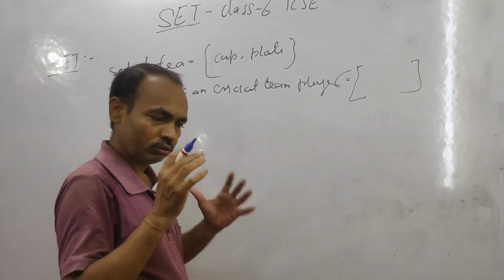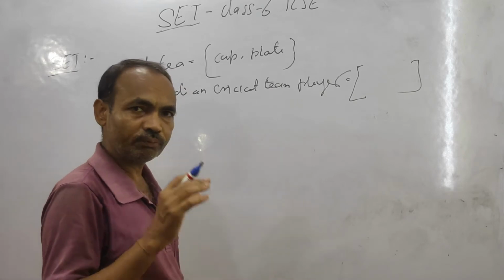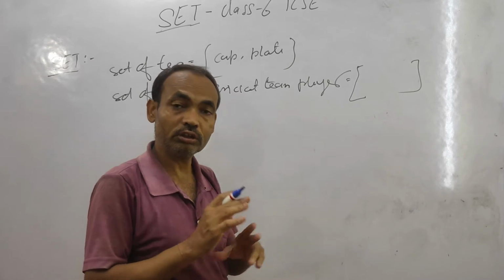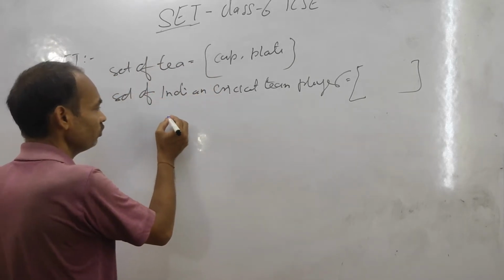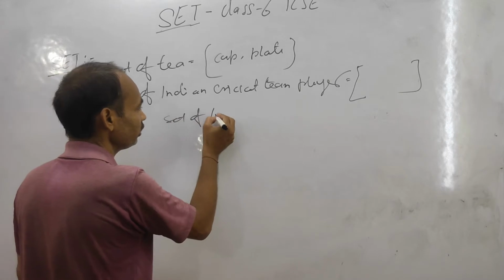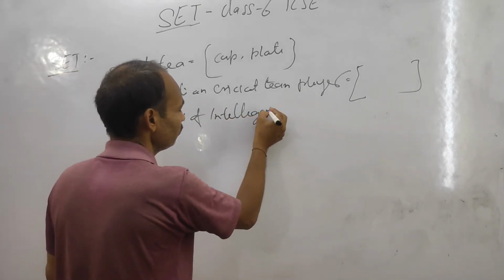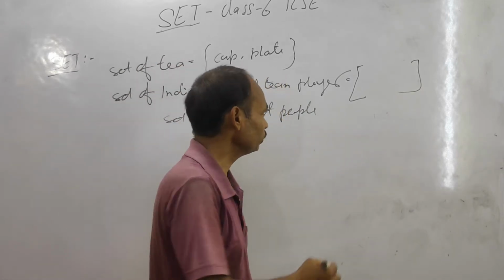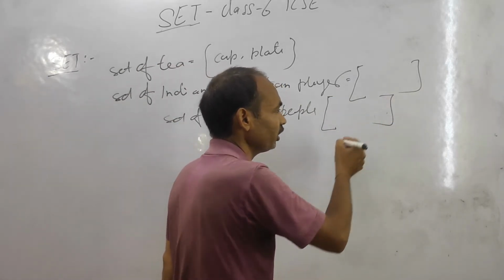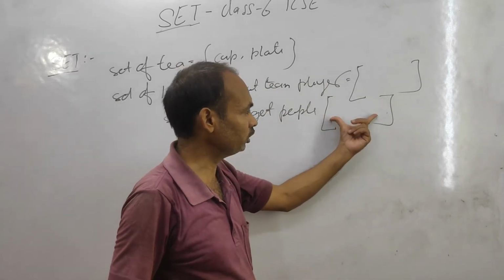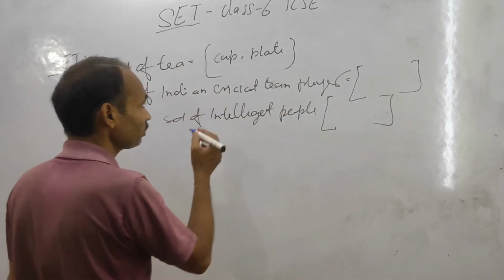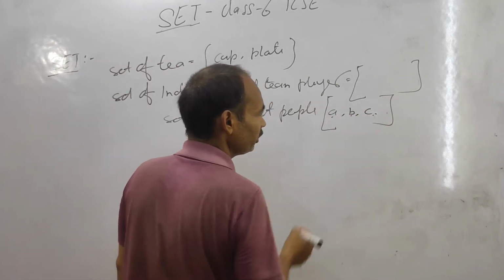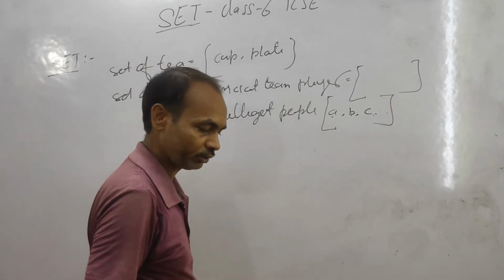If you cannot define the group clearly, then it is not a set. Example, the set of intelligent pupils is not a set, because you cannot say for certain who will come in this group. In a set, each item written in it is known as an element.